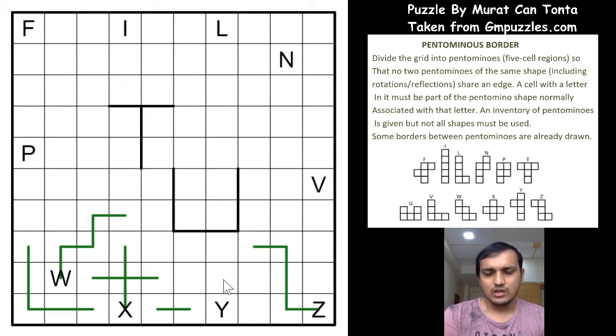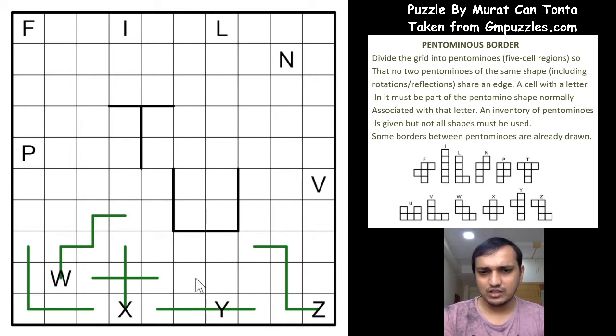and there is only one possibility for the Y now. As you can see, Y will have a shape with four cells straight in a line, right? So there is no such shape here except this one. So you don't have any four lines. If you have this, these two cells will be part of different pentominoes, and we cannot form it in a single pentomino. So the only possible way is this one.